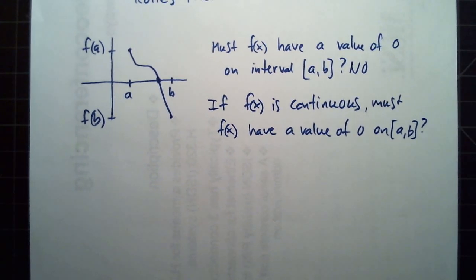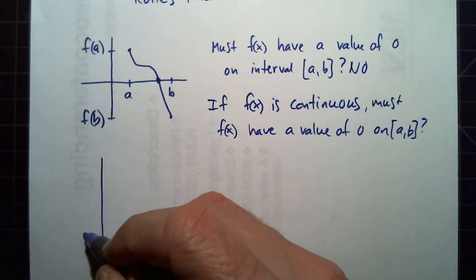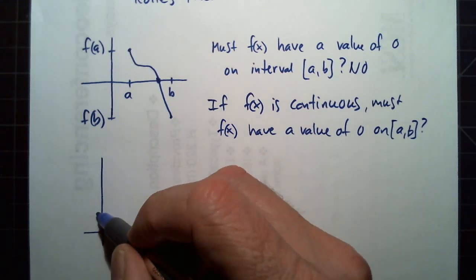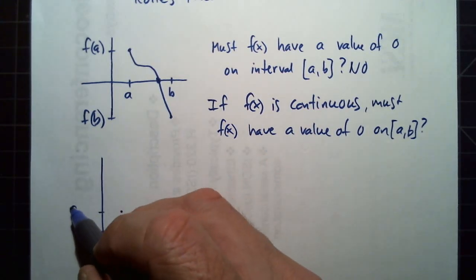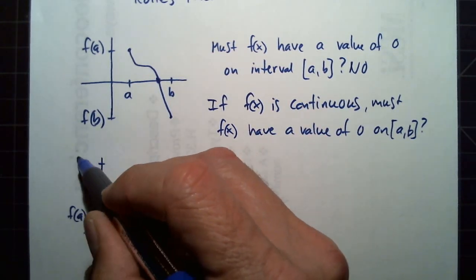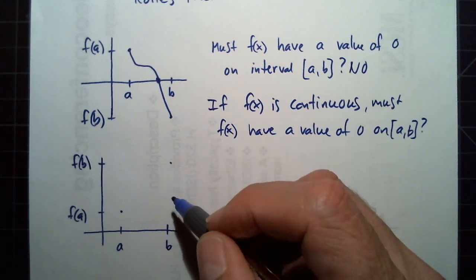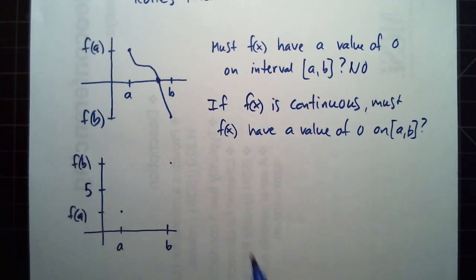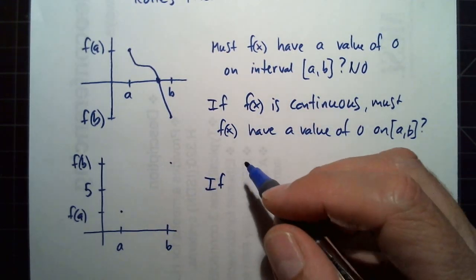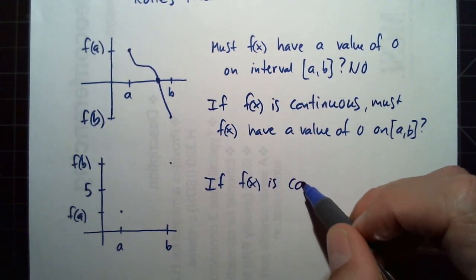And this is not only used to find x-intercepts, we could also have a graph like this. F of a is the y value at a. F of b is the y value at b. And then we'll just say that's 5. And we can ask the question, if f of x is continuous,